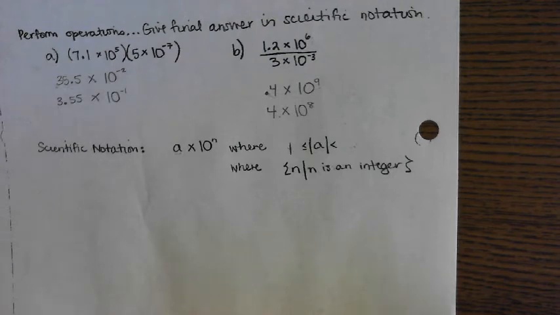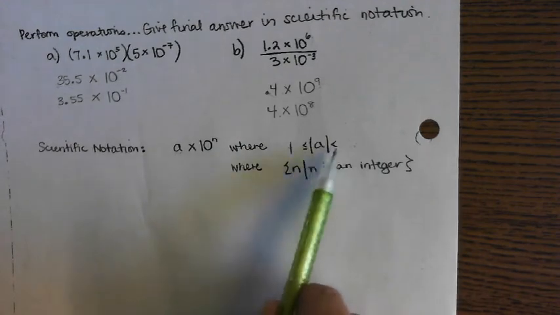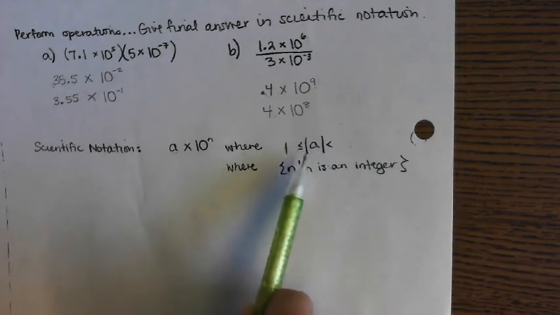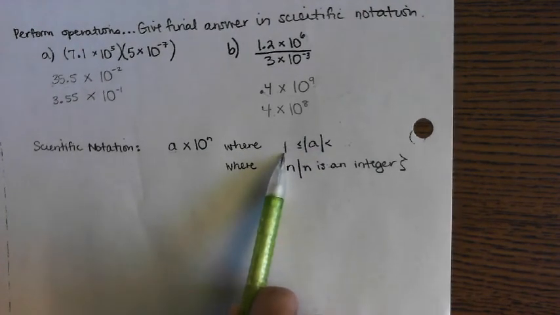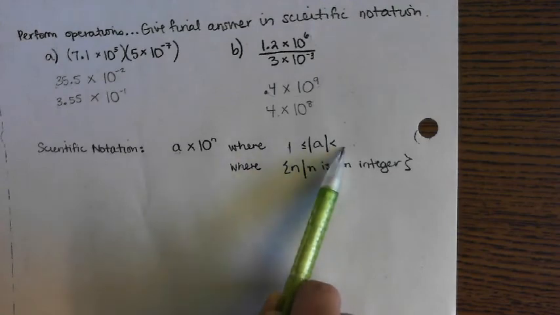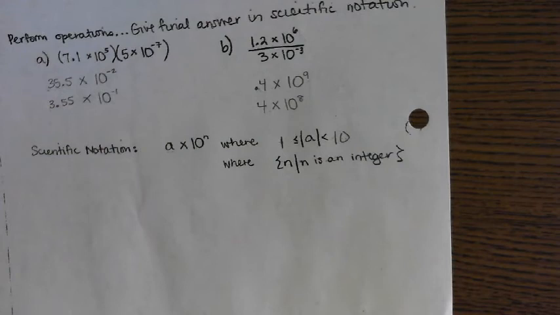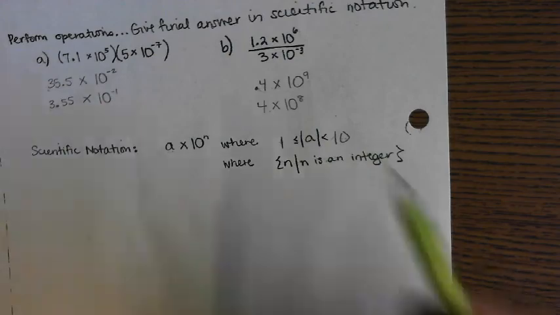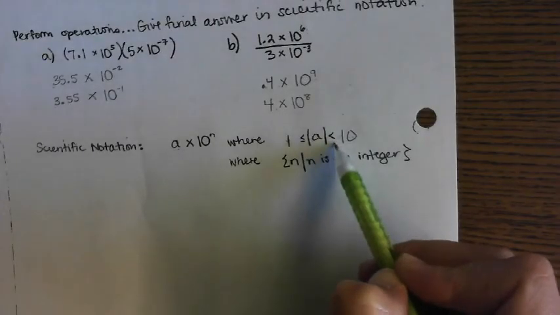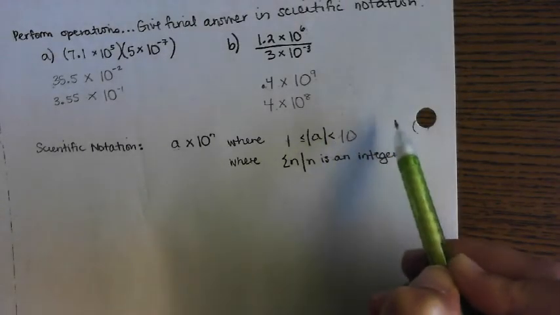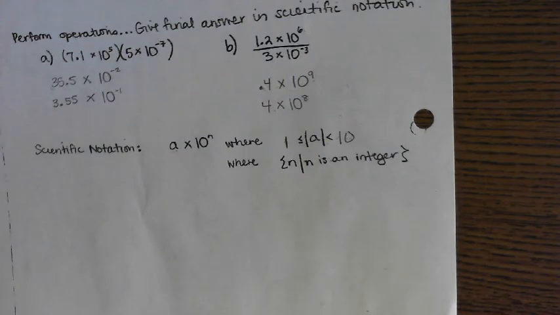When I've continuously been saying this, I keep saying 9.999, but pay attention to the signs on either side. We can be equal to 1, but we have to strictly be less than 10. Yeah. When I've been saying it, I've been saying up to 9.999, and truthfully, if I put a less than or equal to sign there, I would have to use 9.9 repeating. Good. And where n